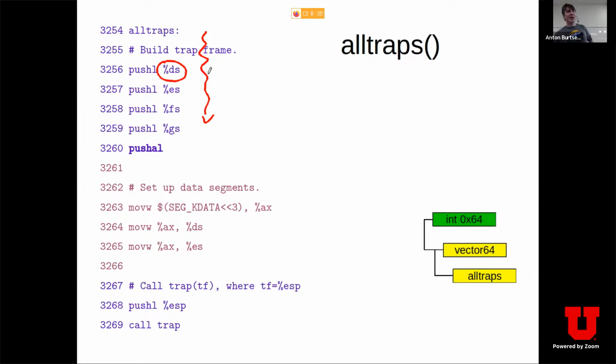Everything is fine. Now let's do this: we will save all the segments on the stack, and save all the general registers. I talked about the pushal instruction, which saves all the general registers in a specific format. At this point, by the way, we need to switch to the kernel data segment because we want to use move instructions. We know that the kernel data is entry number 1 in the global descriptor table. So we shift by 3 because that's the format: the lowest 3 bits